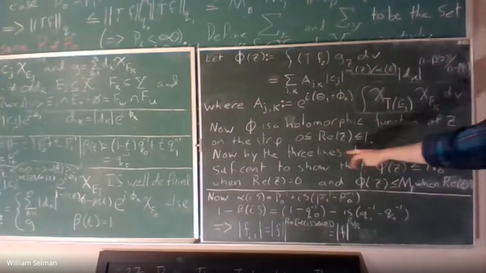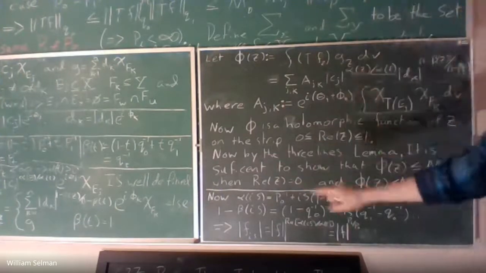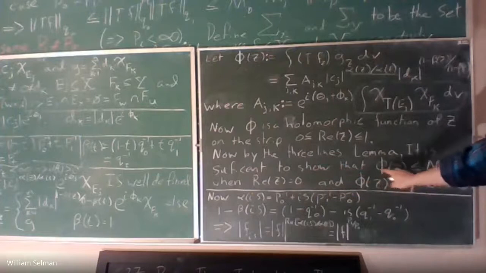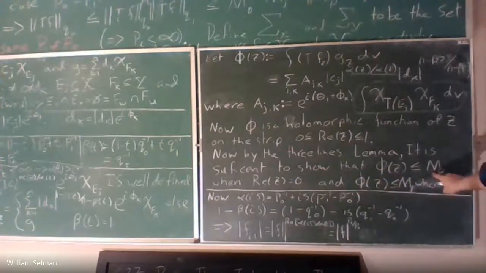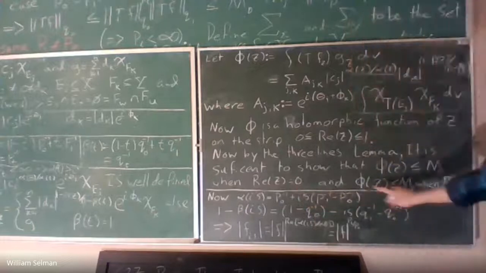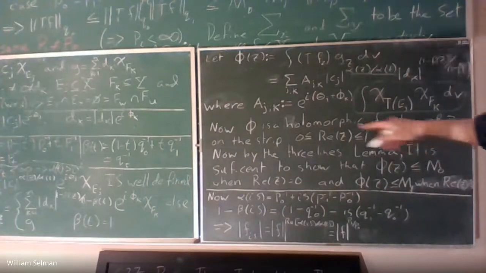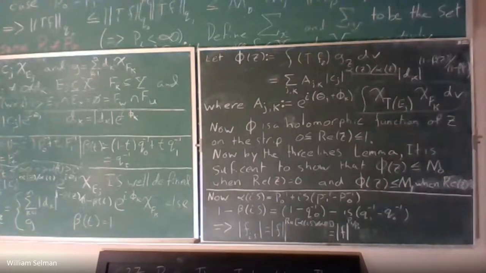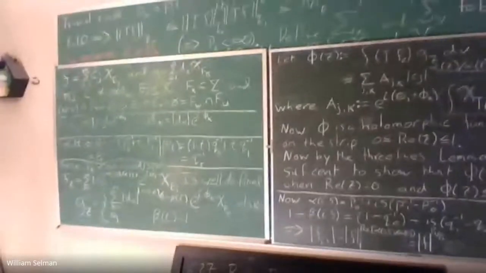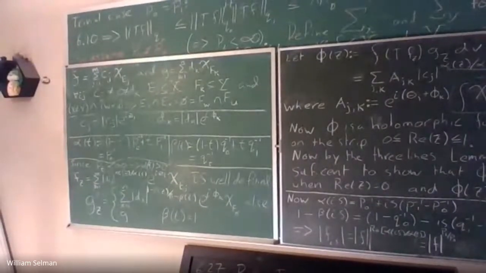Because it's holomorphic, we can apply the three lines lemma, if two conditions hold. We need to show that phi of Z is less than M naught when the real part of Z is 0, and that phi of Z is less than M1 when the real part of Z is equal to 1. And the reason for that is because when Z is equal to 1, we have the